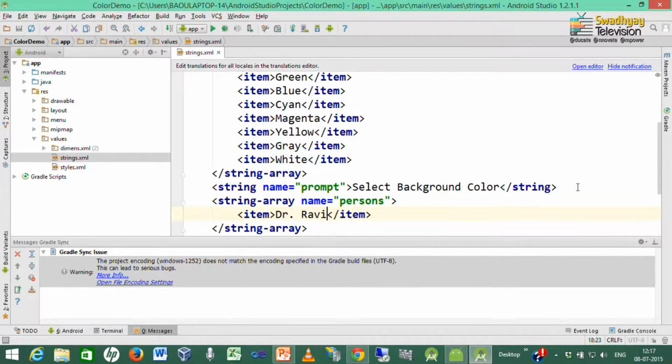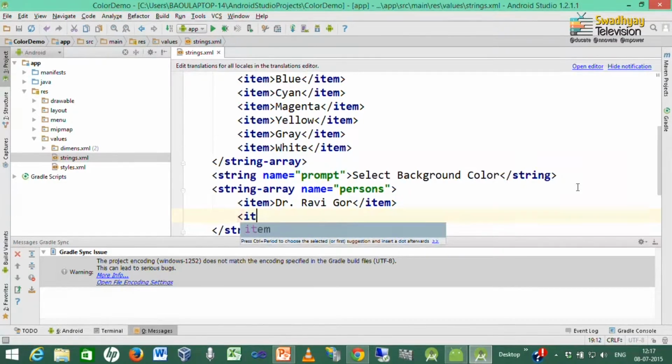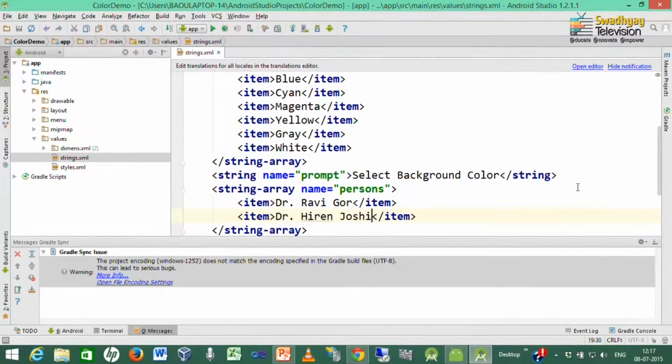So, for example, the first name is Dr. Ravi Gaur, another is Dr. Hiren Joshi.